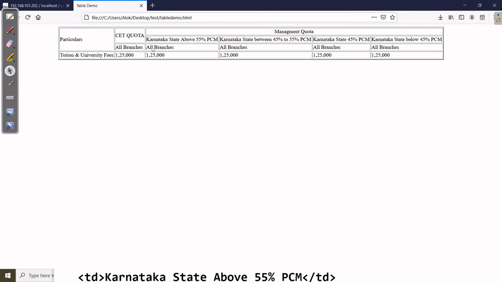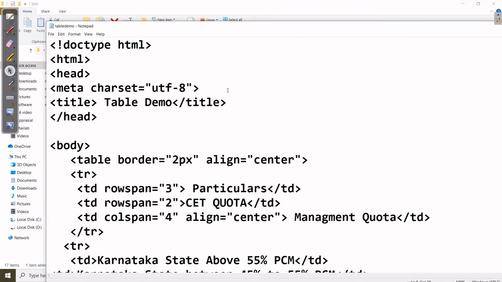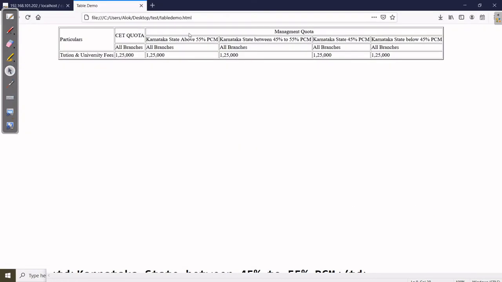Okay, and you see here we did not put any height and width, but still whenever you see the output, everything is adjusted.